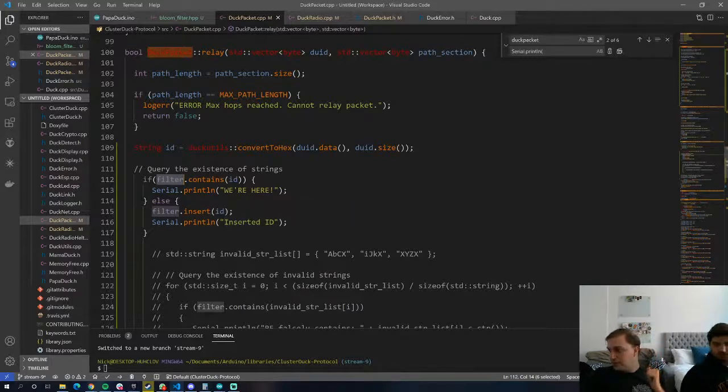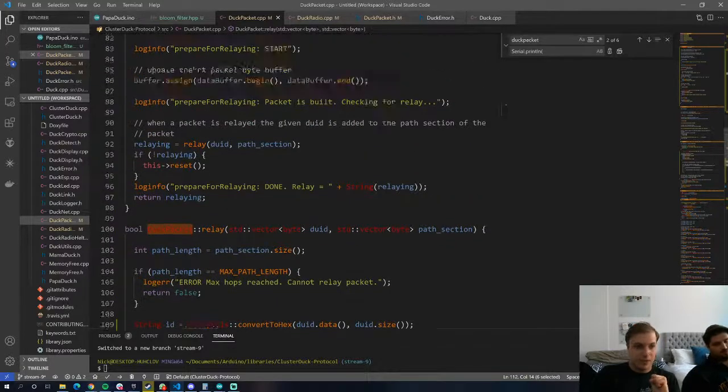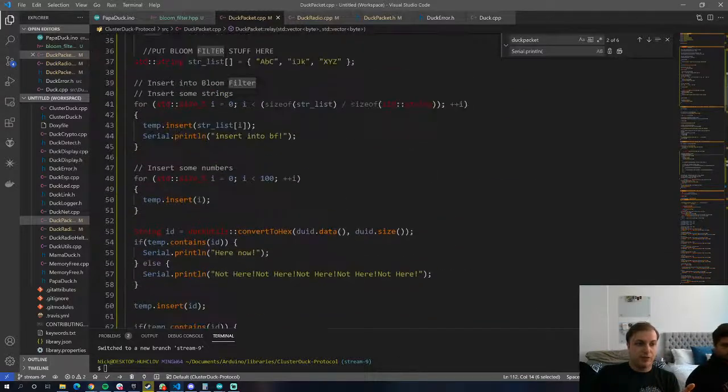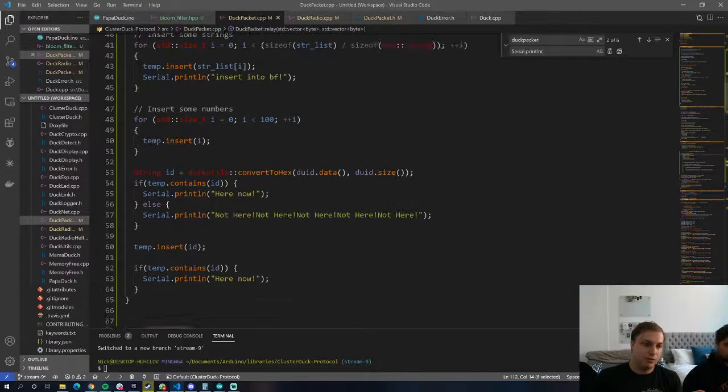So I think that's what we talked about earlier. We need to figure out our inheritance for the method. Declare it once, use it everywhere, and probably figure out how to set up the Bloom filter once and have access to that. So for now, we confirmed that we've got the Bloom filter into the CDP. We know what we want to do. The next part is just to figure out how to get it